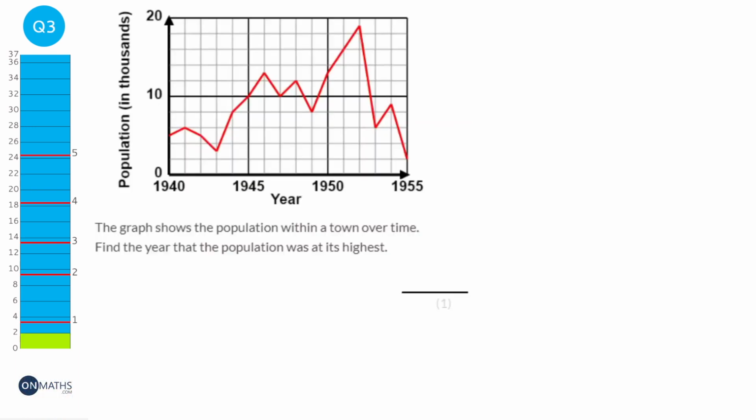1.728. So what we need to do is find out where the graph is at its highest, and so it's highest here. And so if we go down from there, we find out what year it is. Well, these years seem to be going up in 1, so that's 1950, 1951, 1952. So the answer would be